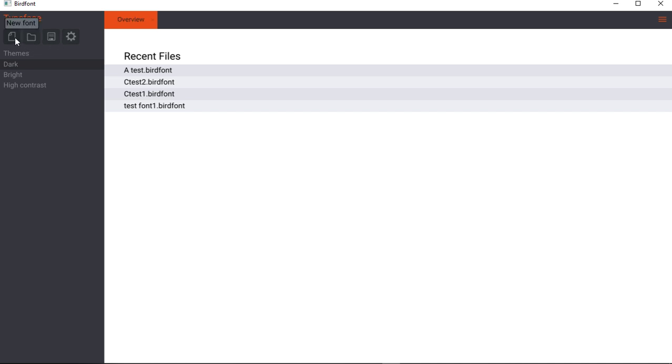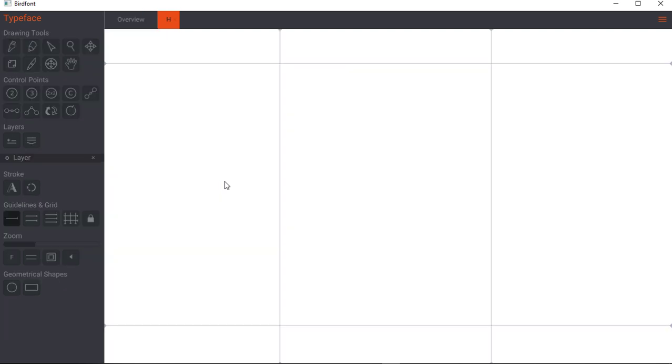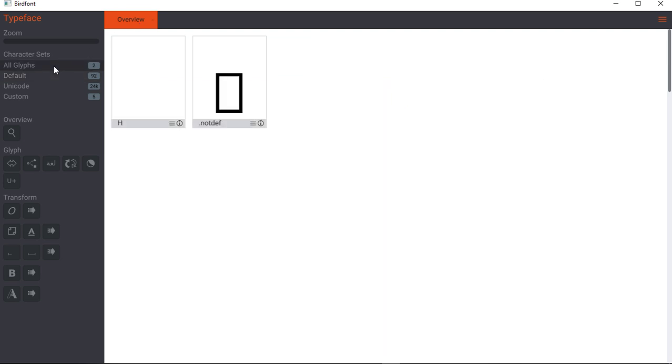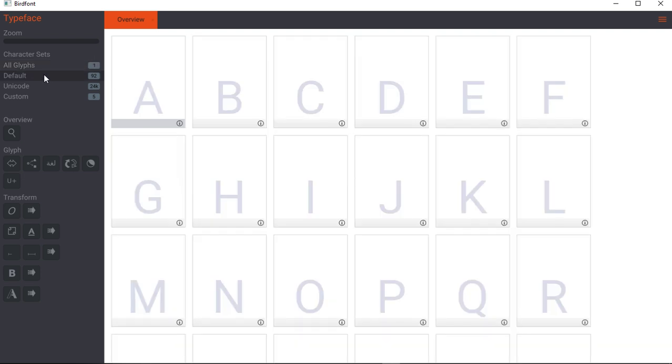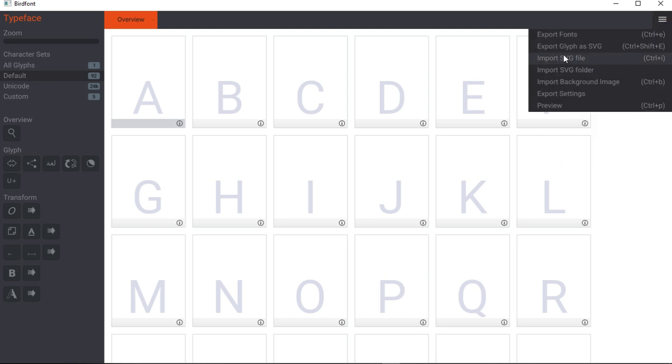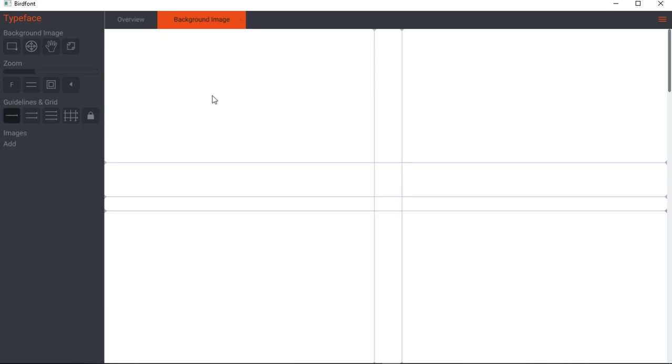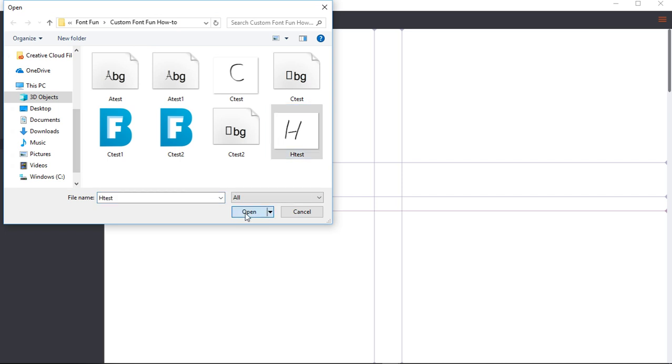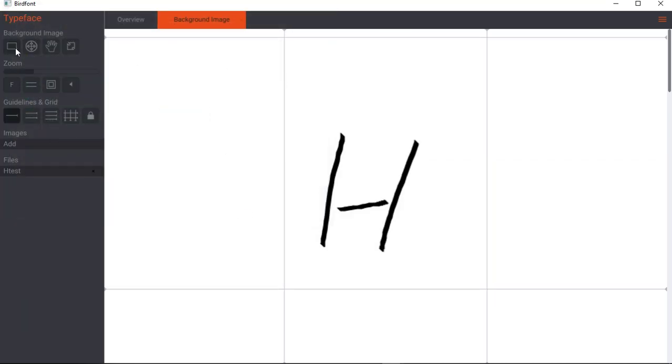So we're gonna go to new font, start over from scratch, go to H, double click in it. Actually, we don't need the H yet. Let me get rid of that H, my bad. Delete that. So we'll go to default, leave it here, then go over to import and export, then import the background, then go add, then go to htest and open. Then we're not gonna click this one right here where it says set size for background. We're gonna just go to select background, try to select it,